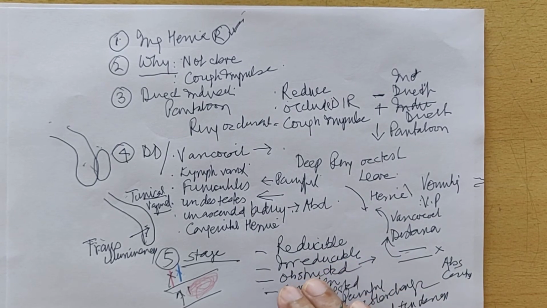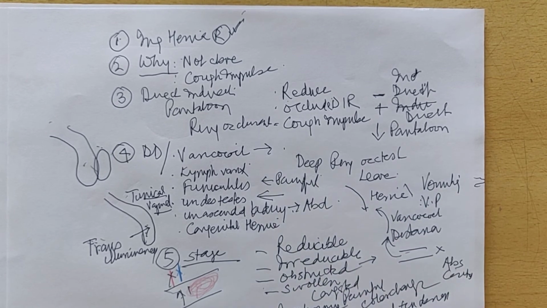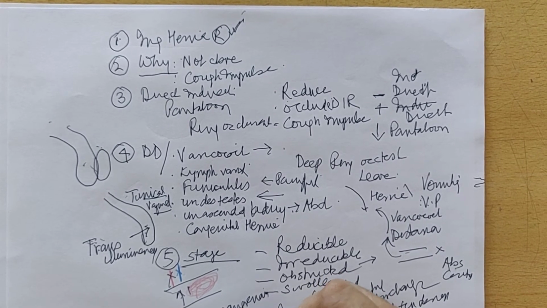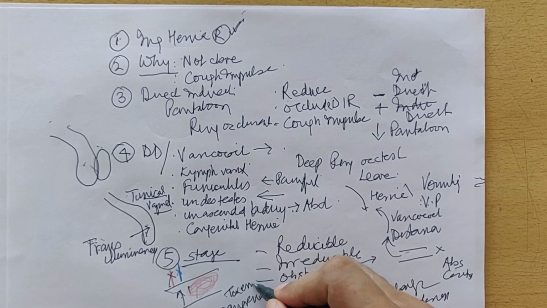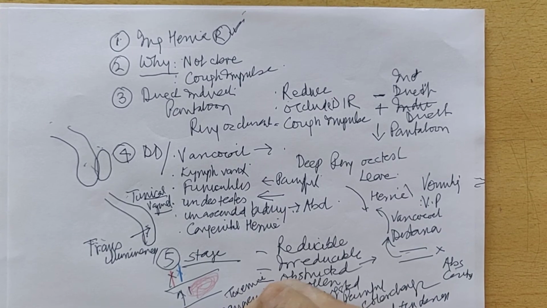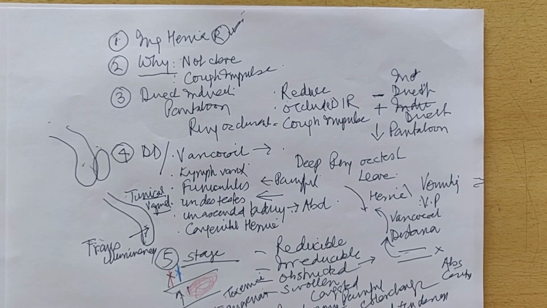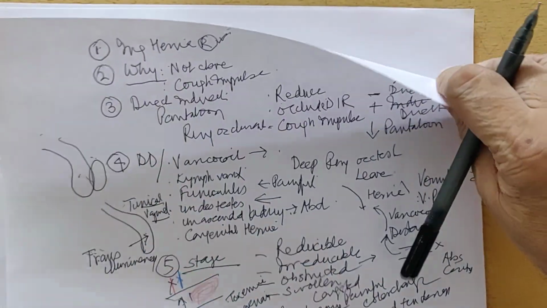That means you press and you leave, and when you leave there is tenderness, that is called rebound tenderness, and then it can become gangrenous. This of course means that there is a color change and a lot of toxemia, and then it can perforate. So these are the various stages of hernia, and a careful surgeon, before he leaves the patient, knows in which stage this hernia is.